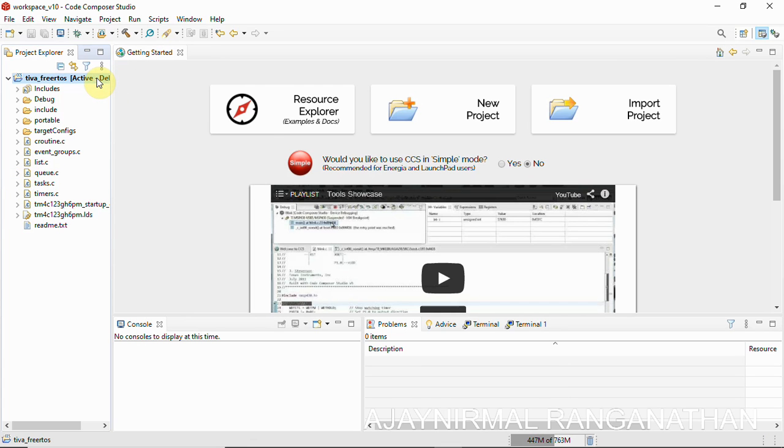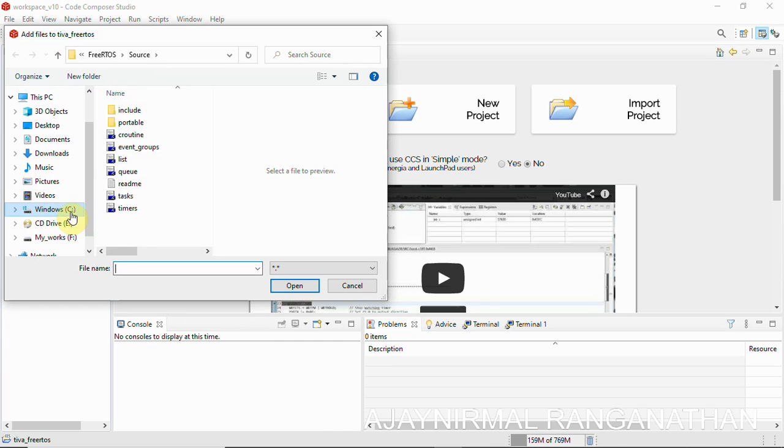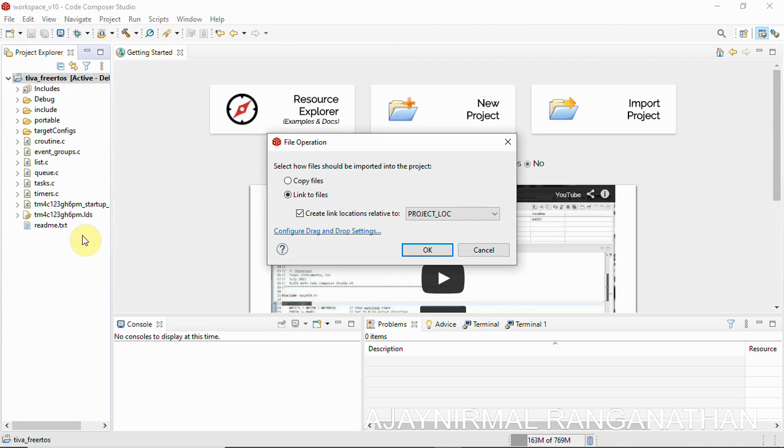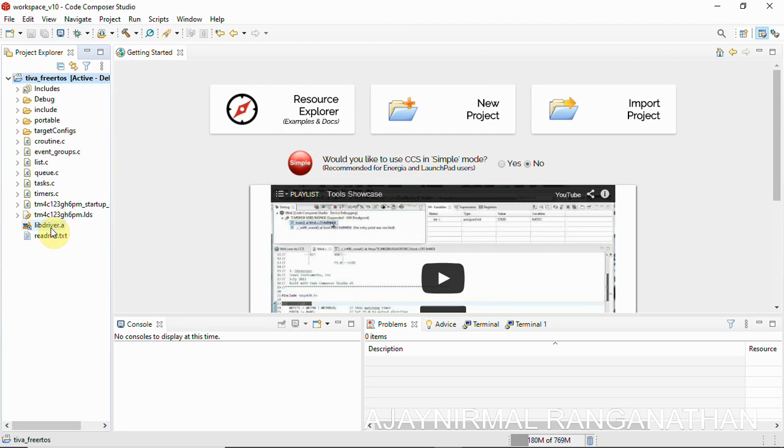Once this is done, we'll have to add the driver library file, that is add files, C, TI, TivaWare driver library, GCC, libdriver.a, and here we have to select link to files and select TivaWare. Now you can see the driver library file is linked to the project, and then next is we have to